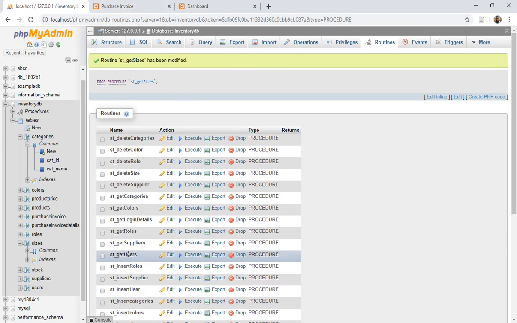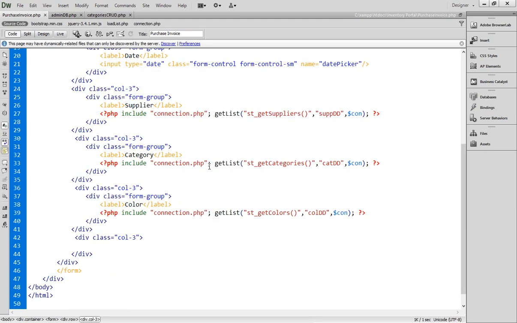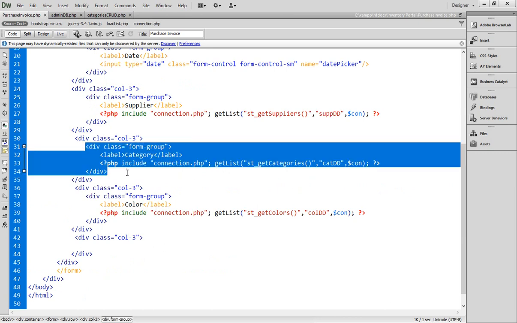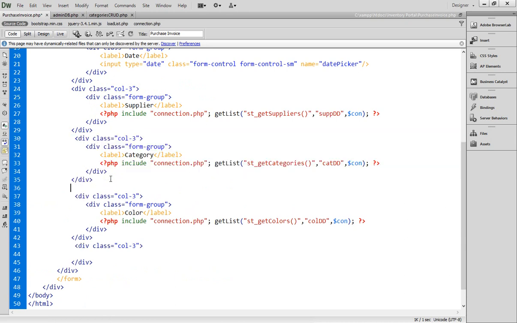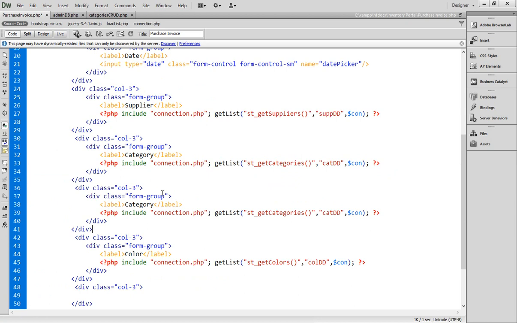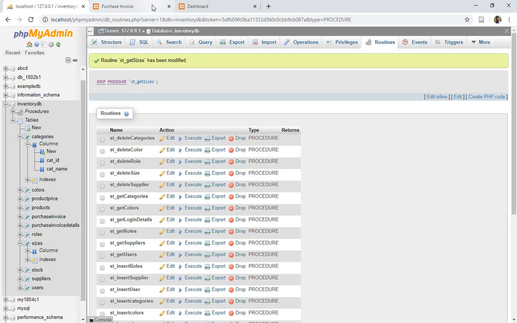Now let's go back to our purchase invoice form. So now I wanted to load the sizes when I select the category. Okay, so where I have to do this, after categories, the next div should be of sizes. So let's copy this and paste it below. So here write the label as size, but this time I'm not going to include this, because I want something that should be loaded